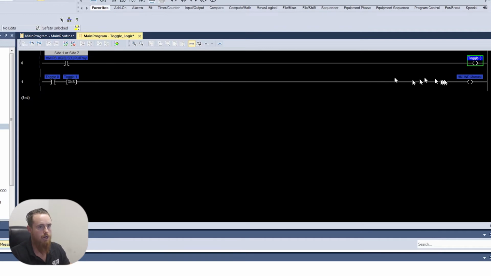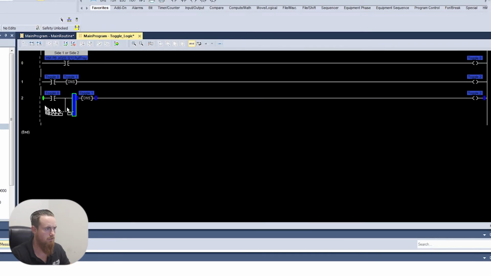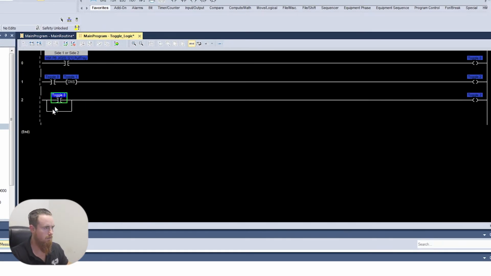So you need a one shot, and then do the same thing here. This one will be toggle.2. And the part that's really important is that this rung right here and this rung right here will end up being the two primary rungs. We're going to add a branch around this. Delete the one shot here. Copy that, paste that. Inverse this bit here. And then